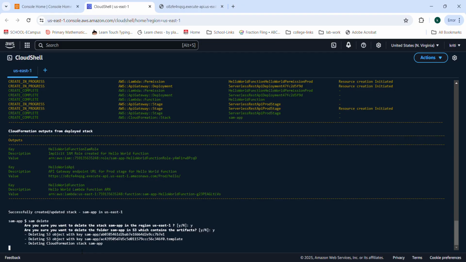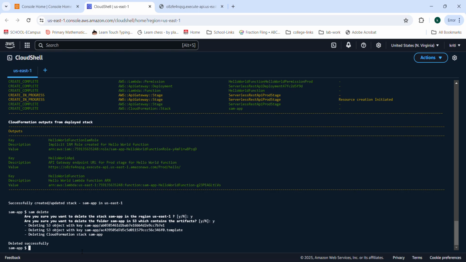It is also deleting the CloudFormation stacks which we created. So it has been successfully deleted.